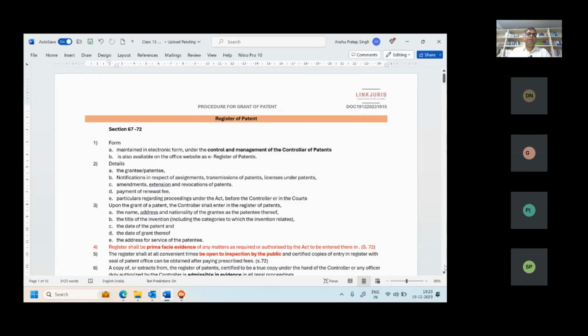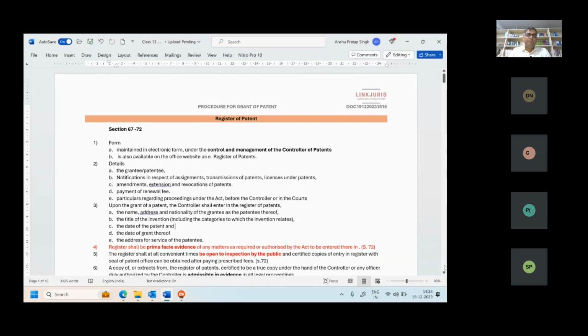Okay, so the procedure for grant of patent we have done. We learned yesterday that there is a patent which is granted, and when it is granted, it has to be recorded in a register of patent. Then we also learned that there will be a renewal fee. If the renewal fee is not paid, then the patent will cease to exist. In section 53, we talked about how the renewal fee needs to be paid within a prescribed period. The prescribed period is before the expiry of a